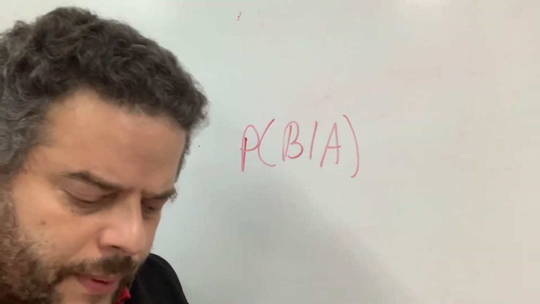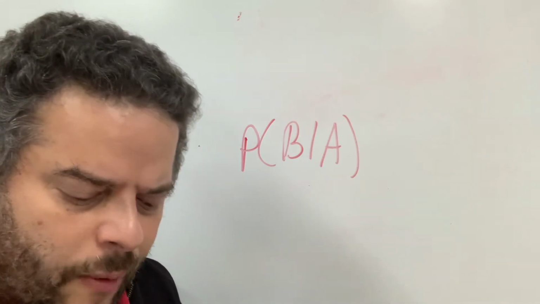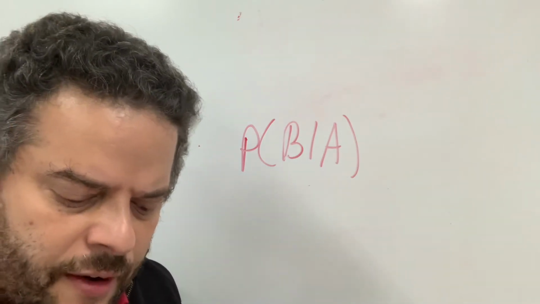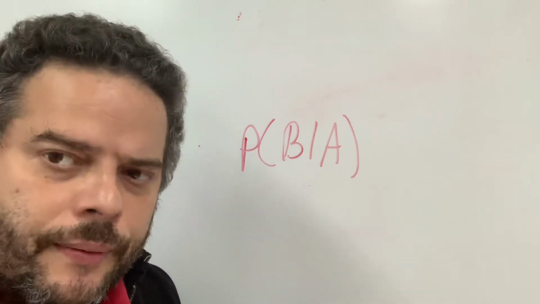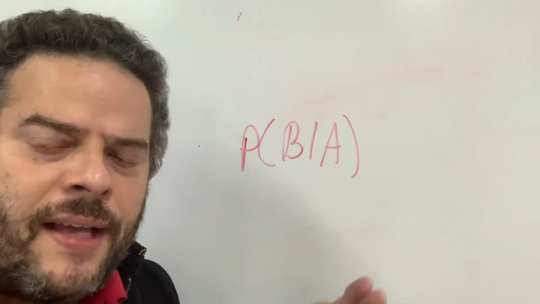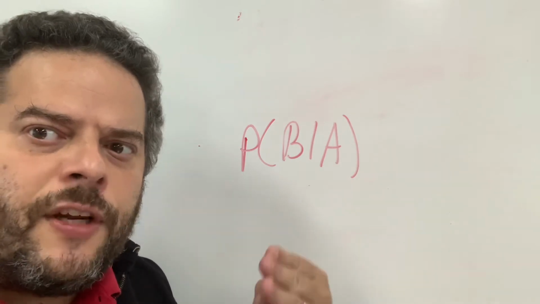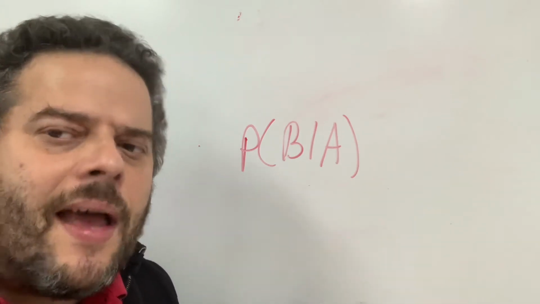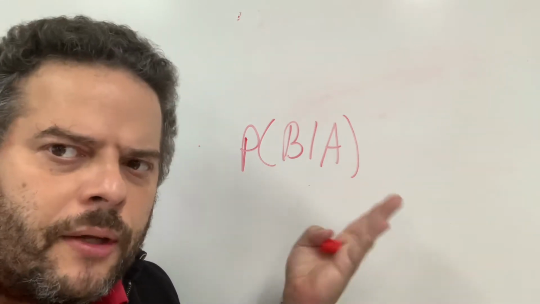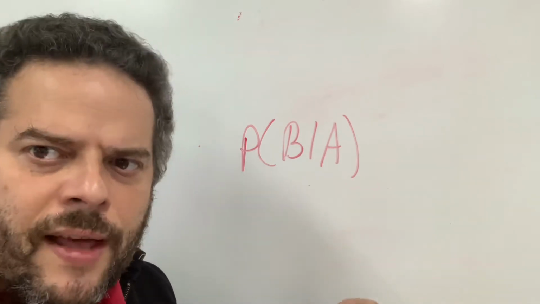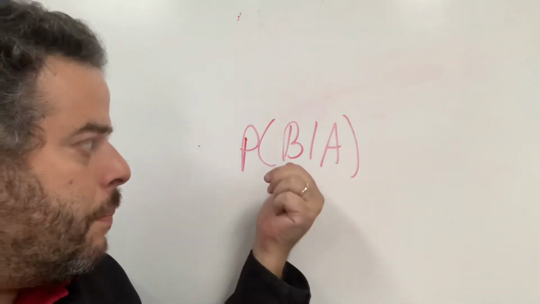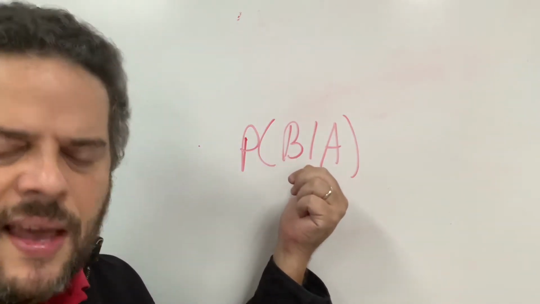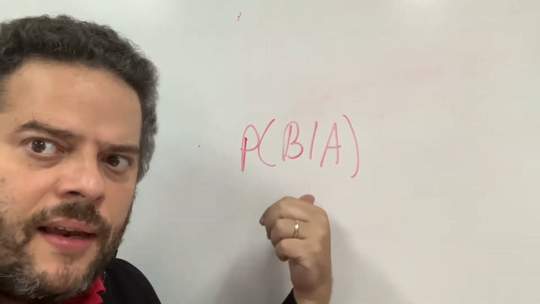Conditional probability states the probability that one event happens given that another event is known to have happened. Again, there's a condition involved, and the condition is that the previous event has happened. This could be theoretical or experimental, doesn't matter. You just use the value of the previous event. The conditional probability that event B happens, given that A has happened, is denoted like this, and it's an actual